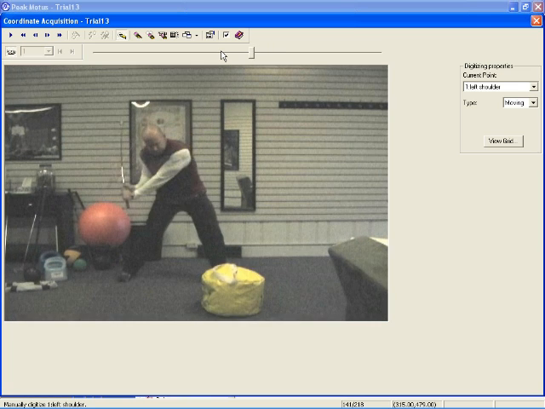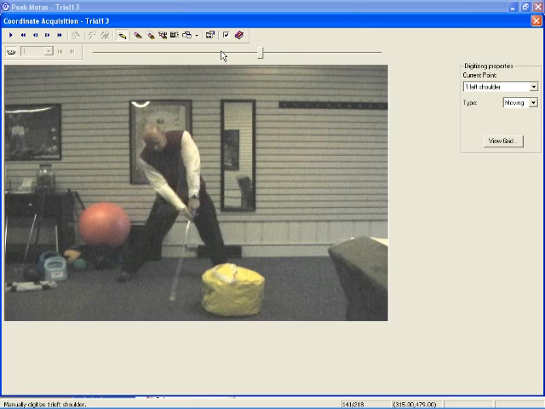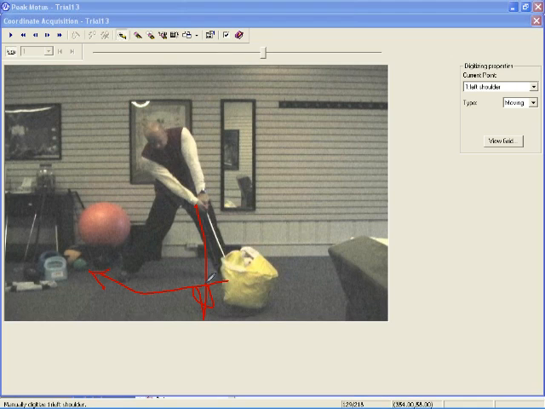Now, you don't want to draw back. You don't want to over-accentuate this drawback in this direction. You want to just stick it. Maybe the best word rather than pop is stick. You want to stick the bag and then stop your hands and arms the best that you can. Now, obviously, you've got a lot of momentum. You're not going to stop them dead in their tracks, but you want to stop them the best that you can. And the reason that I think you don't want to do this drawback mechanism is that we've done a bunch of studies with that. In fact, we did a bunch with Mike Bentley